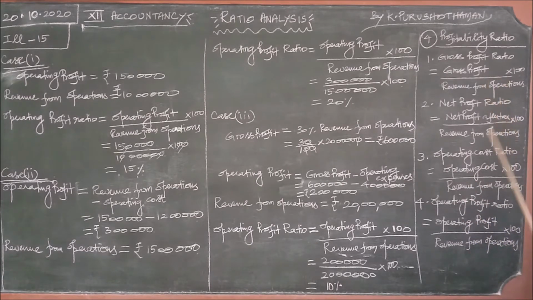It is easy to remember these formulae in the examination. If the question is asked under 5 marks, the formula will carry 1 mark. Have this in mind, it is very important. And also these formulae can be remembered so easily. It is not very difficult. Okay. Operating profit ratio is equal to operating profit by revenue from operations into 100. These two values are given. We can just substitute and find the answer.